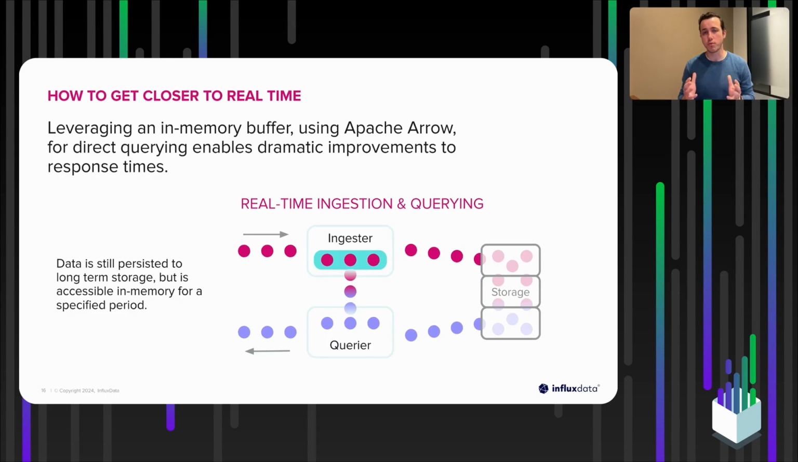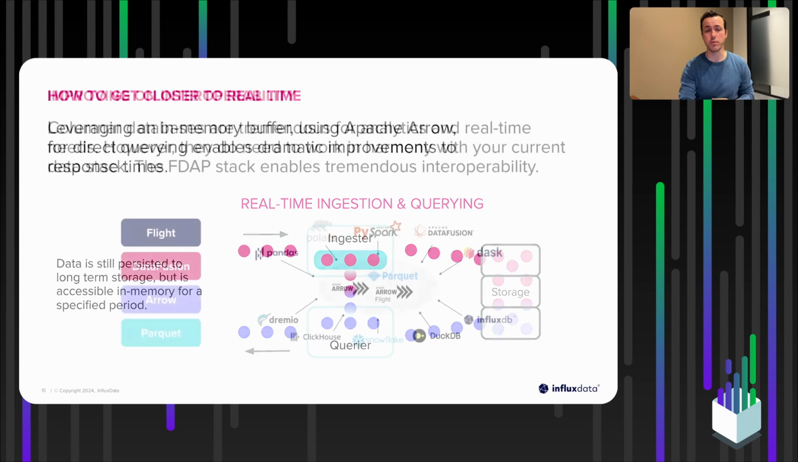You need a new approach. And the great thing about leveraging Apache Arrow and pulling directly from the ingester is you're not only getting the benefits of an in-memory database, in-memory storage, but you're also getting the benefits of a columnar database to do this analytical, fast, real-time processing. It's a great way to get closer to real-time. It's how we've been really able to turn that corner for InfluxDB 3.0's approach to real-time